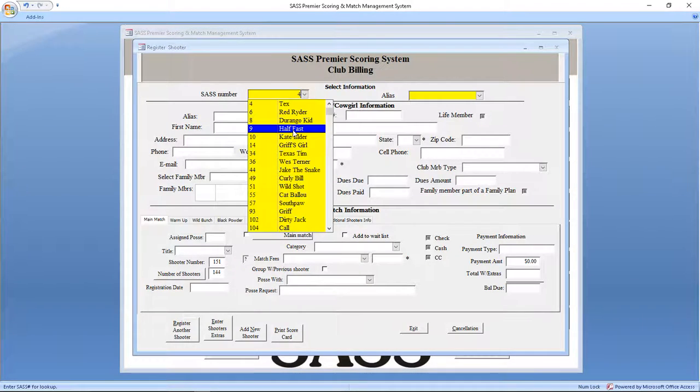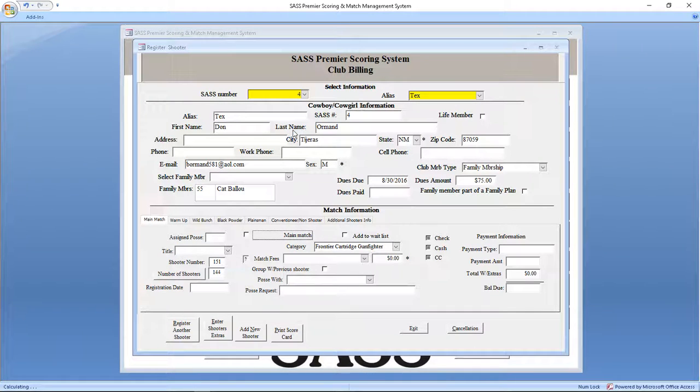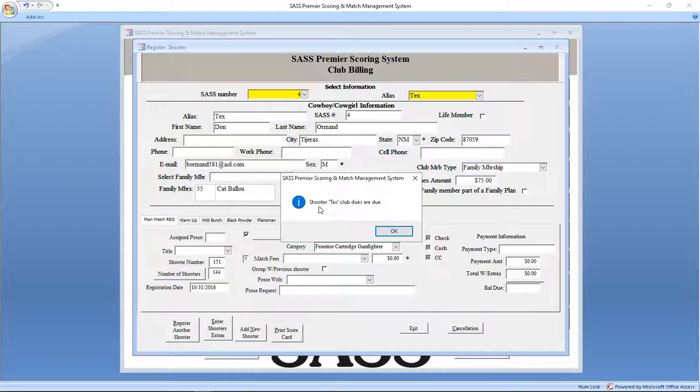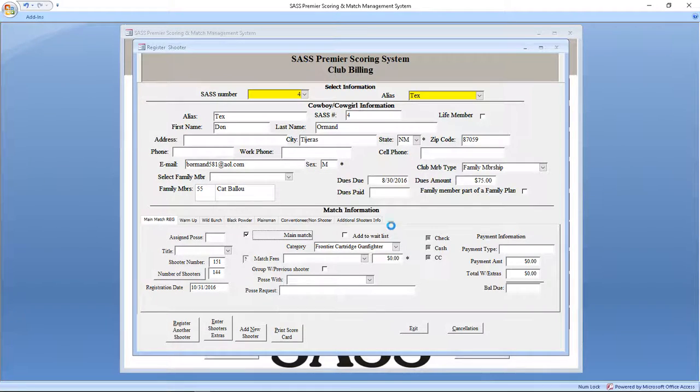So let's go ahead and bring in Tex. He was one of ours, and if we check on this, it's going to say that Shooter Tex club dues are due. Oh, well, yes, they are. He was due on 8/30. So you could ask him, do you want to pay your dues? If he does, then it's just a matter